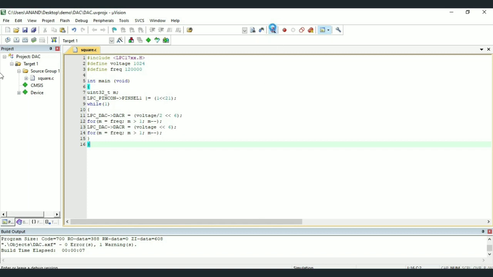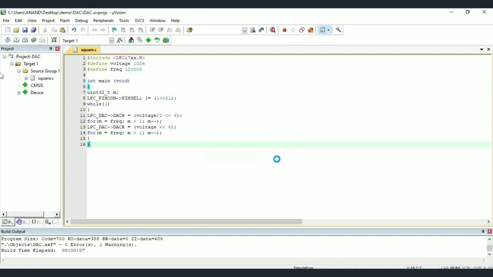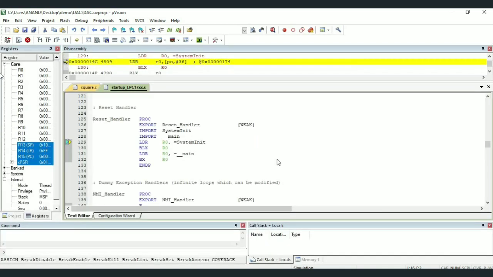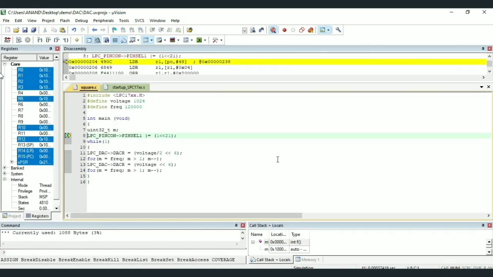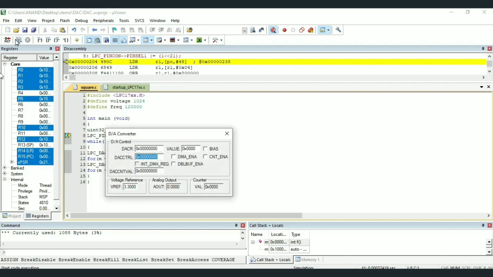Now we can enter debug mode. After entering debug mode, go to peripherals and then D2A converter. If we click on run, we can see analog output being changed continuously.